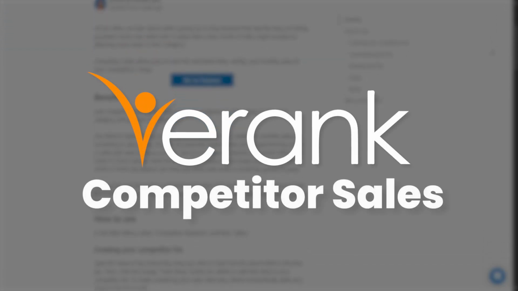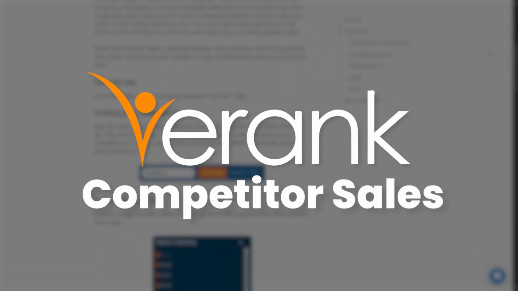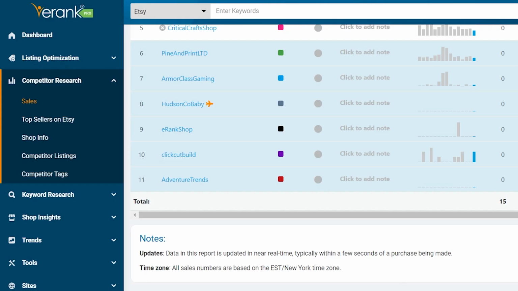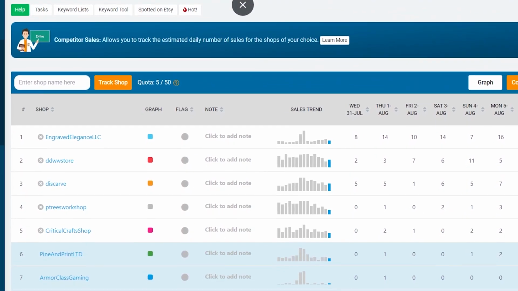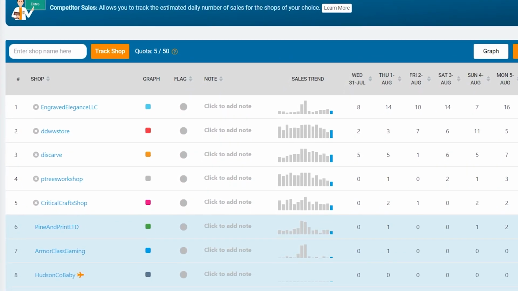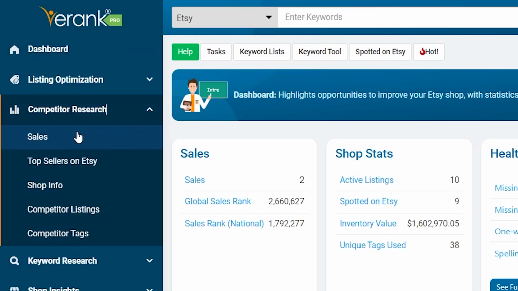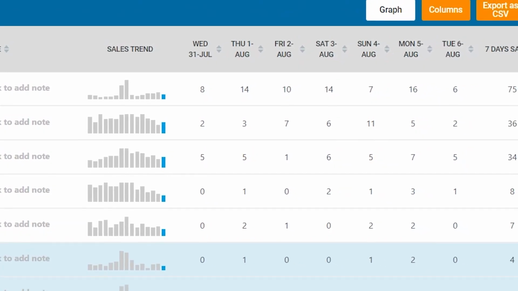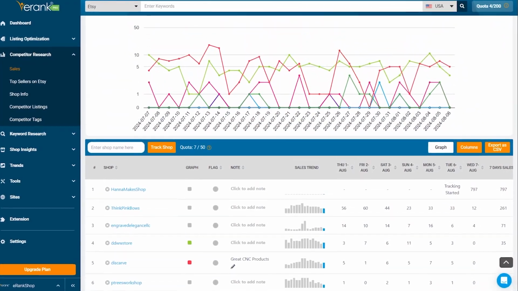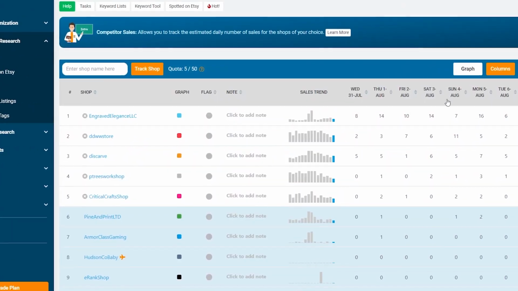Today we are going to explore eRank's competitor sales tool. Staying on top of your competition is an important part of being successful on Etsy, and with our tools you have the intel you need to stay ahead of the game. The eRank competitor sales tool will help you track your top competitor sales, identify seasonality and trends, and conduct deeper